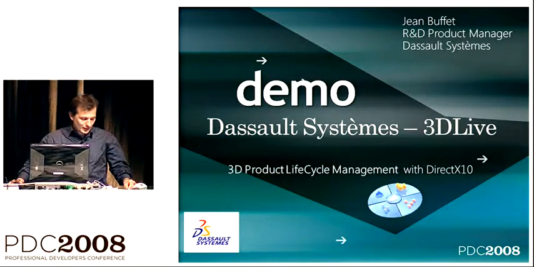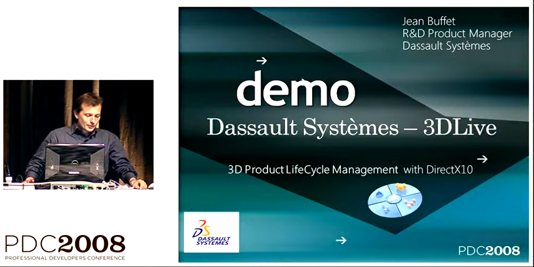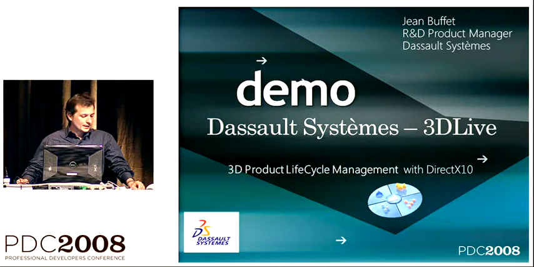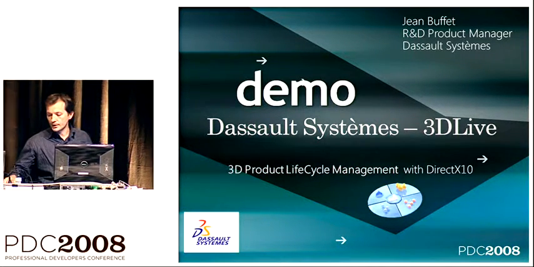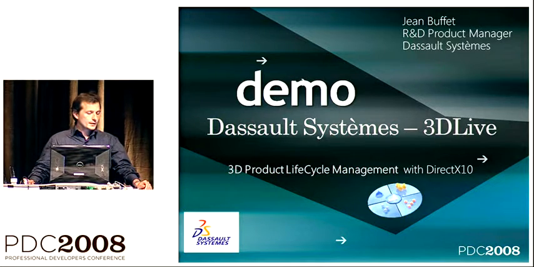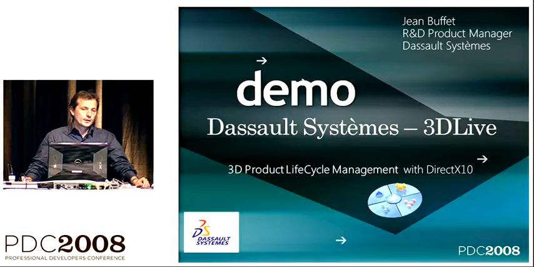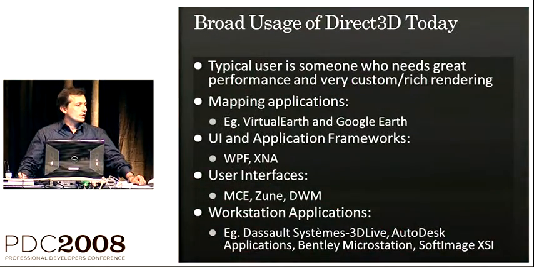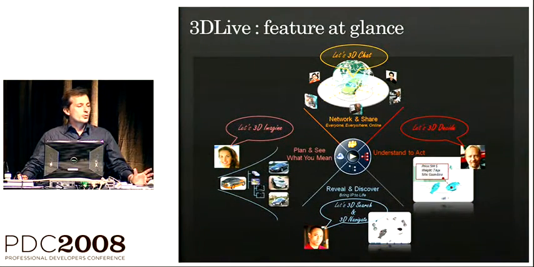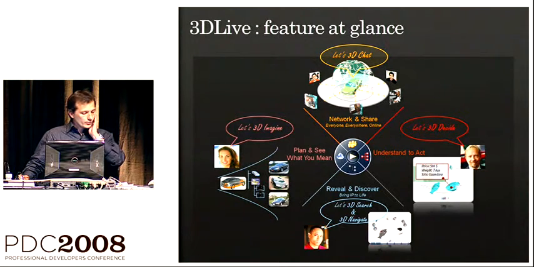Good evening. So I'm going to show you 3D Live that is part of the family of the Dassault Systèmes products, all built on top of the CATIA V6 visualization framework. And since ever, CATIA is built on OpenGL, and now we're running on D3D10. The purpose of 3D Live is to really allow project managers to have 3D search and 3D navigate